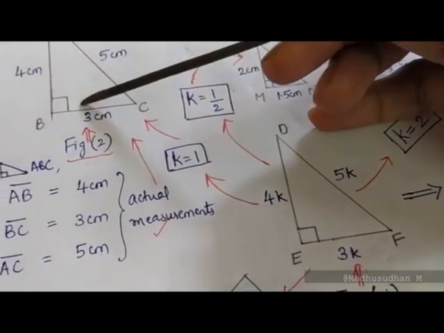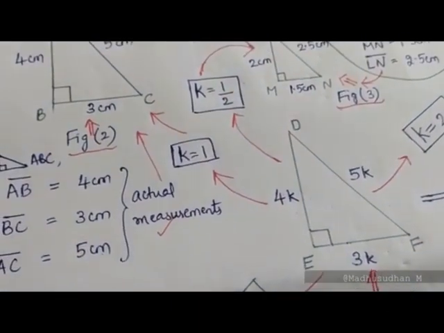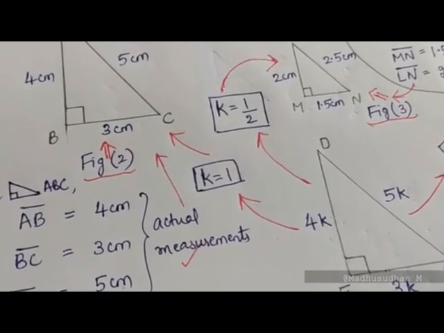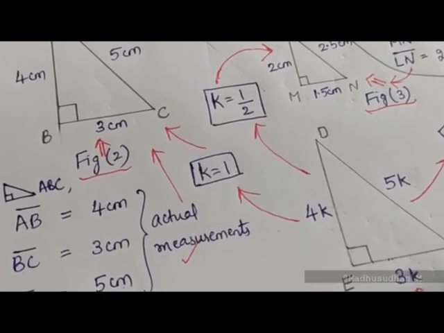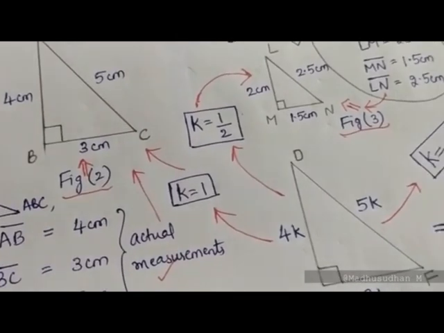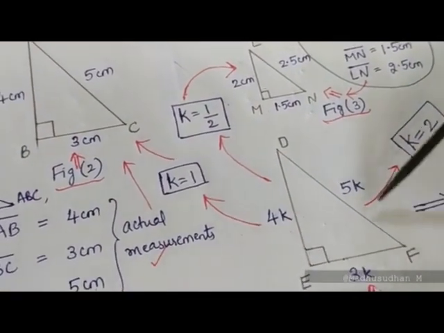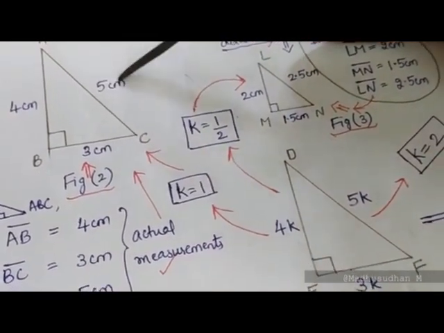Therefore, I can conclude this. These two triangles, figure 1 and 2, are called congruent triangles. Why are they called congruent triangles? Because they have the same triangular shape and the size is the same. What is the meaning of size now? The corresponding DF, which is equal to 5, the corresponding A to C is again equal to 5.